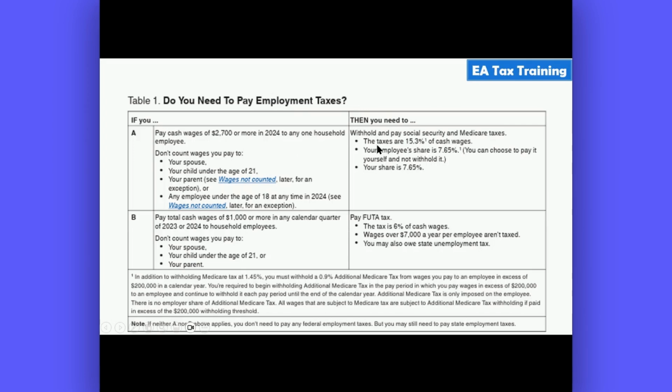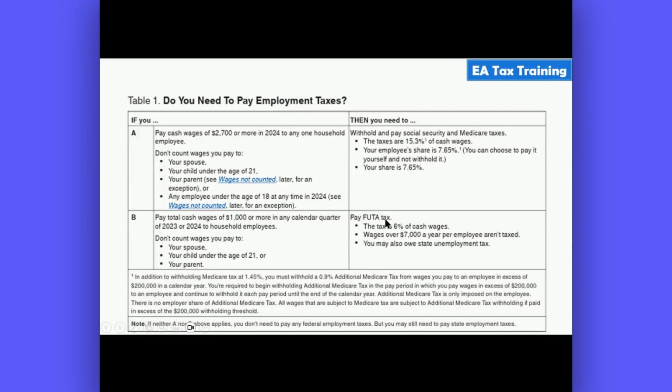The Social Security and Medicare taxes are 15.3% of wages. Half of that is from the employer, 7.65%. Half is from the employee, 7.65%. You can withhold that amount from your employee, the 7.65%, but you don't have to. If you want to, you can just pay it yourself. So you can just pay the whole 15.3% yourself. Otherwise, you withhold 7.65% from the employee, and then you have to pay out of your own money the other 7.65%. In addition to that requirement, if you pay total cash wages of $1,000 or more in any calendar quarter,